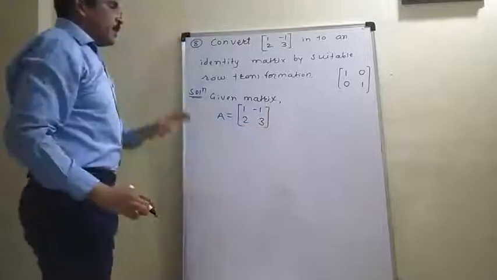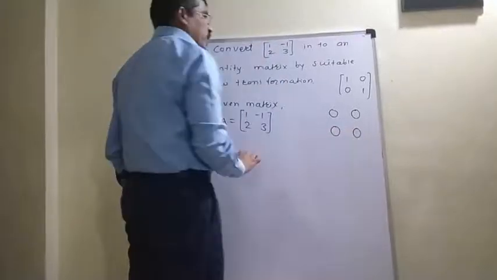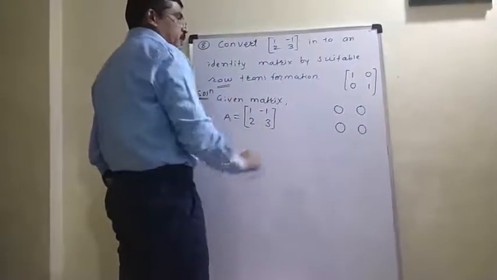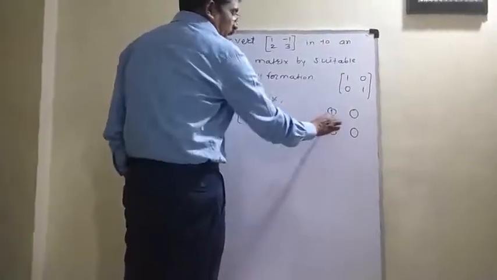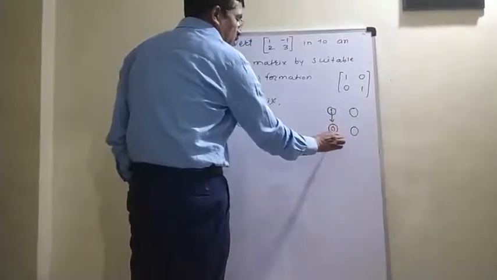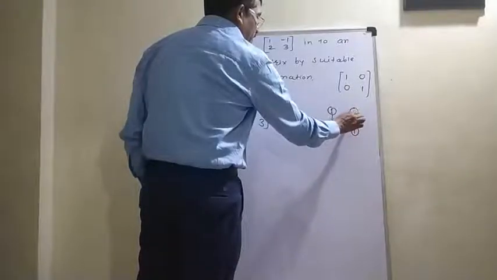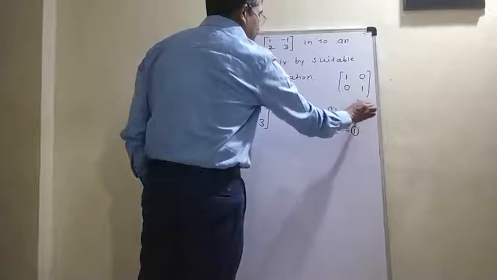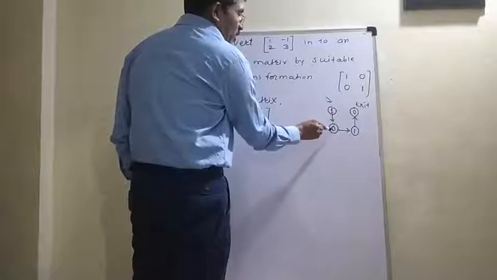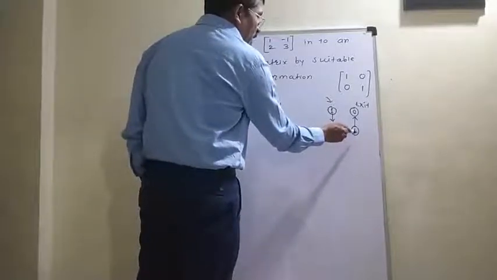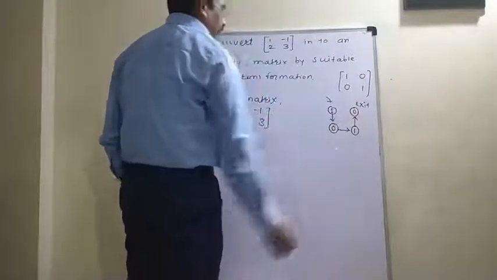Let us see the trick to do this. Let us remember the trick to convert any 2 by 2 matrix using row transformation. Bring first 1 in this place. And then go to the next place and bring 0 here. Then go here, bring 1 here. Then go here and bring 0. And this is your exit place. You have to enter here, getting 1. Then do here, bring 0. Then bring 1 here. And then bring 0 here. And then exit, so that we get your required identity matrix.